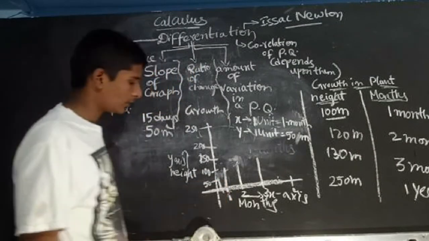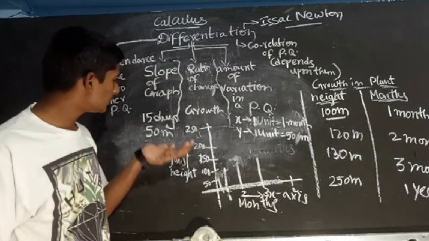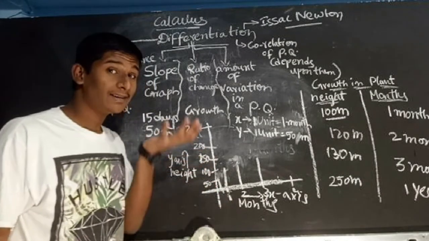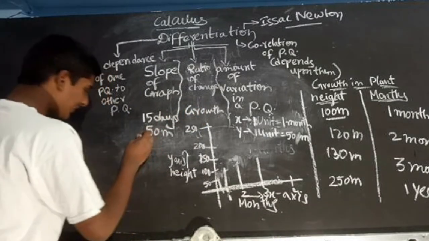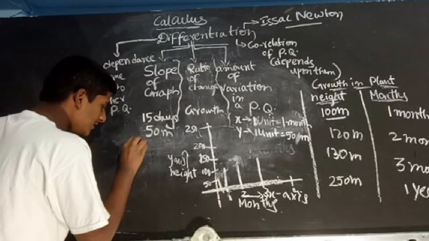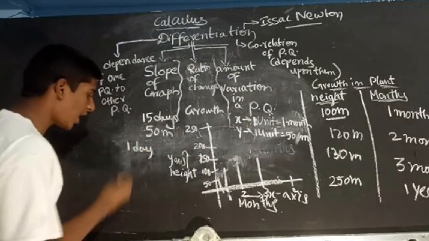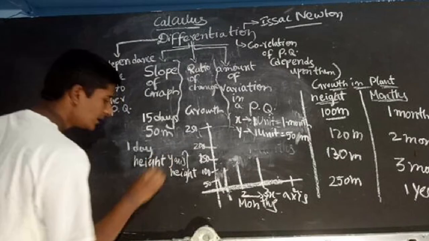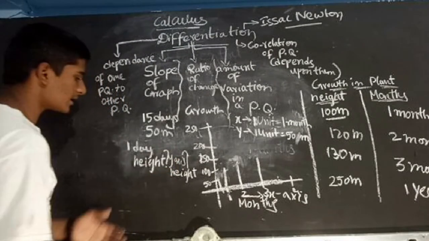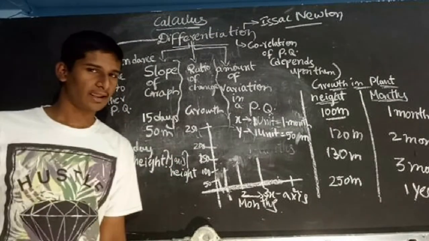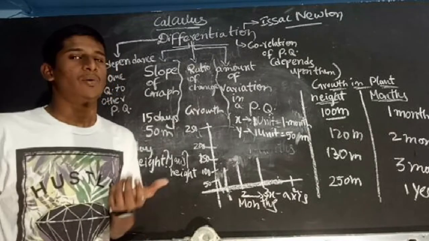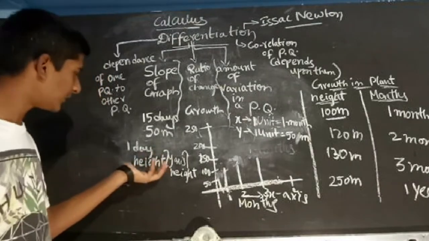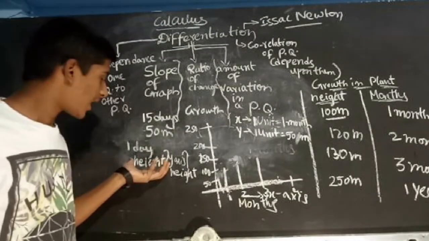This is the graph. So we can draw this 15 days, 50 meters also, but I will ask you: tell me, in 1 day, how much height has the plant grown? This is the question. Can anybody say? No, because